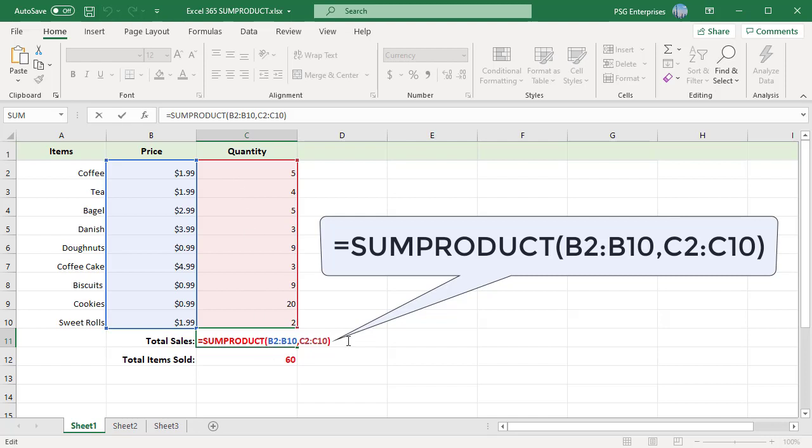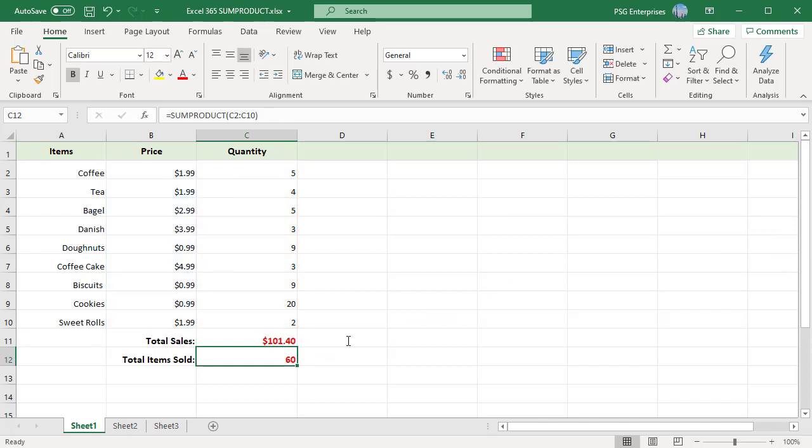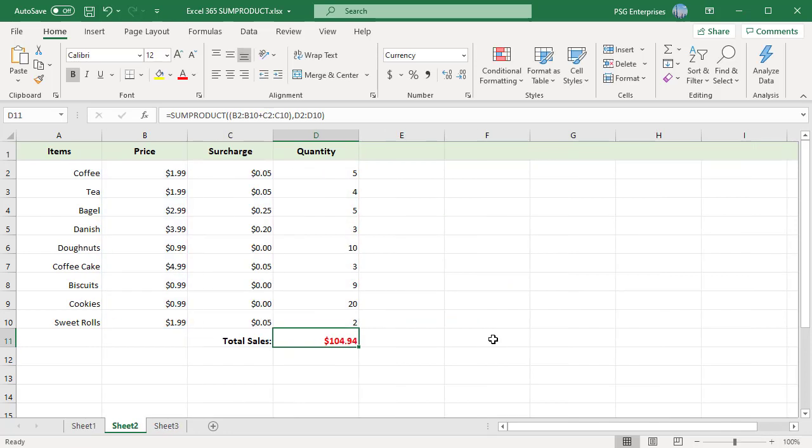To perform other arithmetic operations, use SUMPRODUCT as usual, but replace the commas separating the array arguments with the arithmetic operators you want, like star, divided by symbol, plus, minus. After all the operations are performed, the results are summed as usual. If you use arithmetic operators, consider using parentheses to group the array arguments to control the order of arithmetic operations.